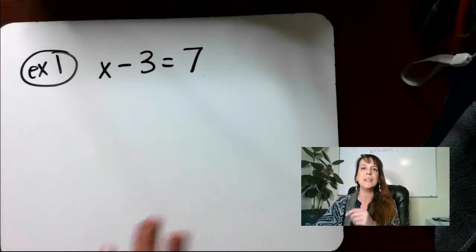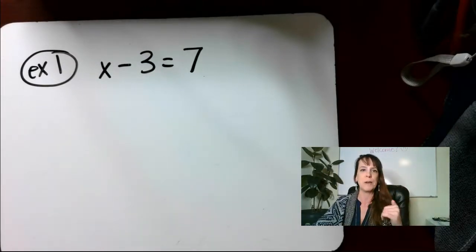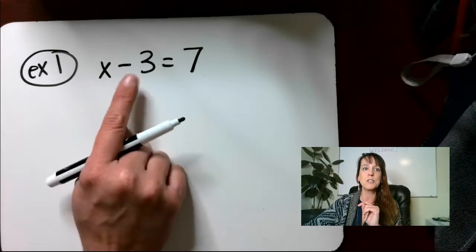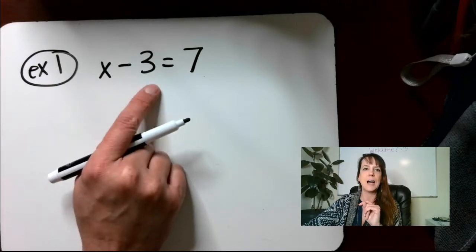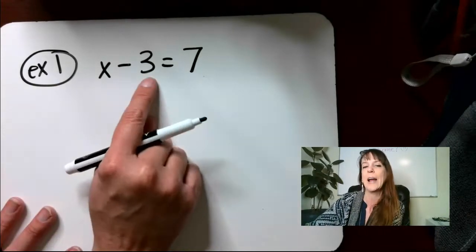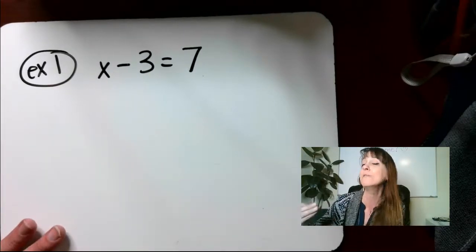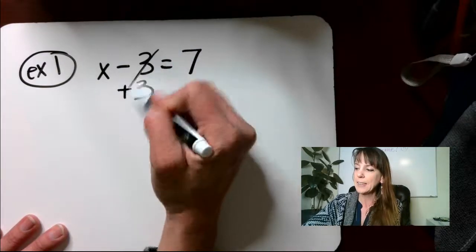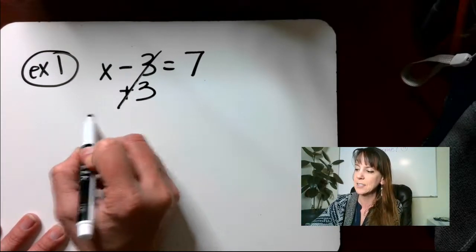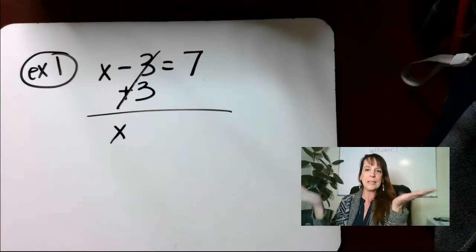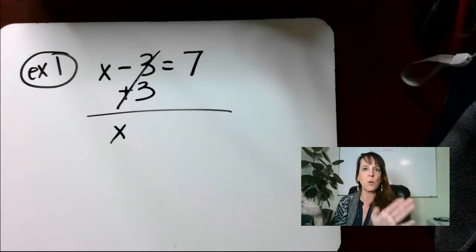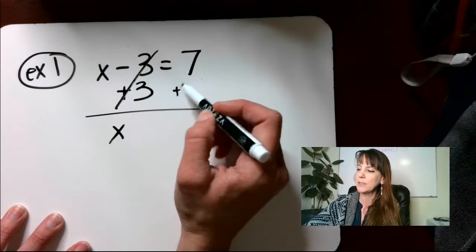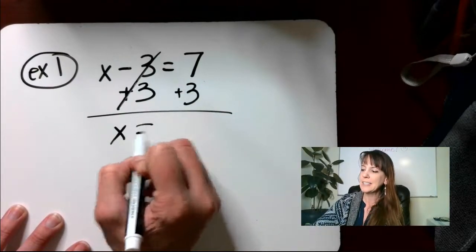So guys, the idea in equations is to get the variable, and the variable meaning the letter, all by itself. In order for us to do that, we need to move this 3 over. So right now we're subtracting 3. The opposite or the inverse of subtracting 3 is adding 3. And if we do that, these guys cancel out and we get that x all by itself. But guys, they're like a scale. You got to balance it. If you do something on one side, you got to do it to the other. So by adding 3 here, I also have to add 3 here. X equals,